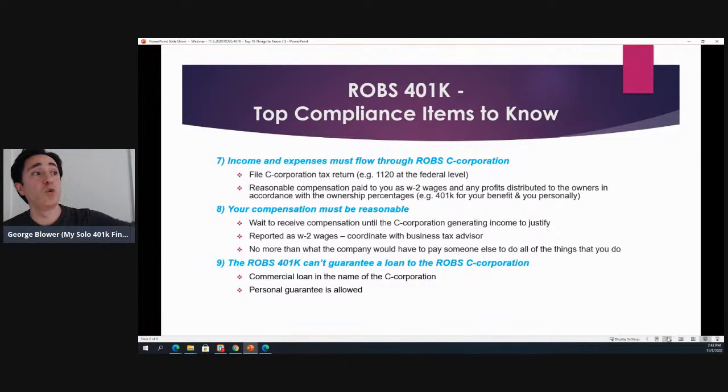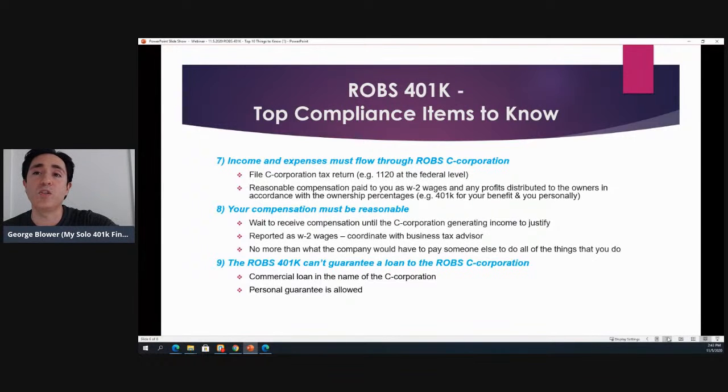And so you're filing a C corporation tax return, like an 1120 at the federal level. Any compensation that's paid to you is paid as W-2 wages. If the company is distributing profits, those go up to the owners, the stockholders, and they need to flow in accordance with the ownership percentages. So, in simple terms, you're generating income, the C corporation has expenses, which would include the W-2 wages that are paid to you as salary. And then it has its